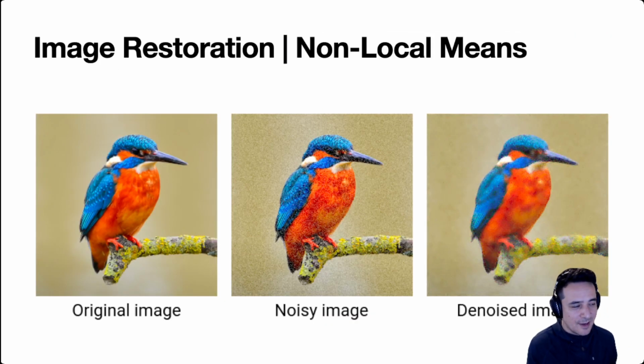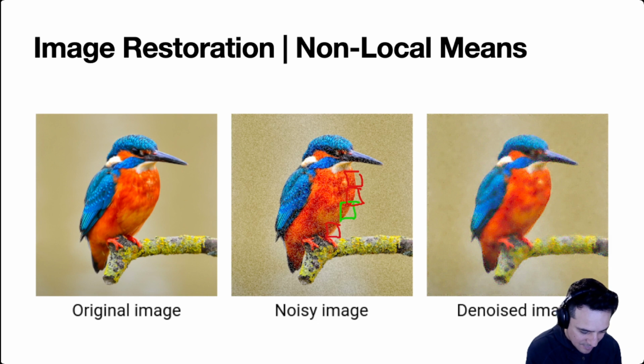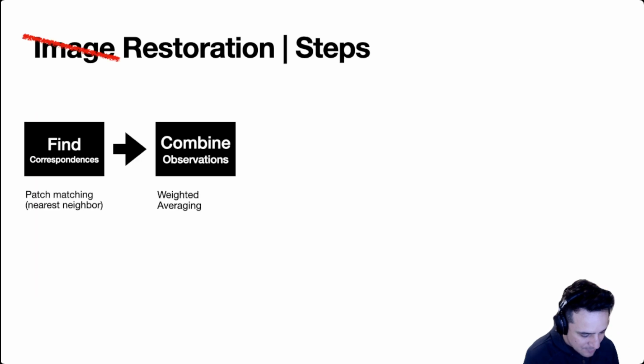All right, so if you start with a classic image processing problem, denoising, you usually have solutions, for example, non-local means, which basically work by, say you want to denoise a little patch here at the edge of this hummingbird, I think it's kingfisher. Then what you do is you find other patches that are similar in the image, maybe around the edge here, and then you average them all together, and that gives you the kind of output color at this location. And you do that for every pixel. So basically, you could think about this as two steps. The first is that you find the correspondences, and the second is that you combine all the observations together.